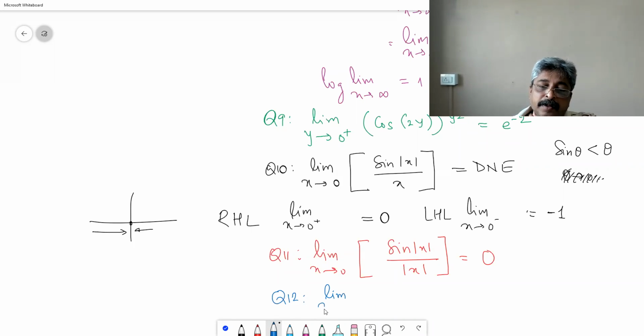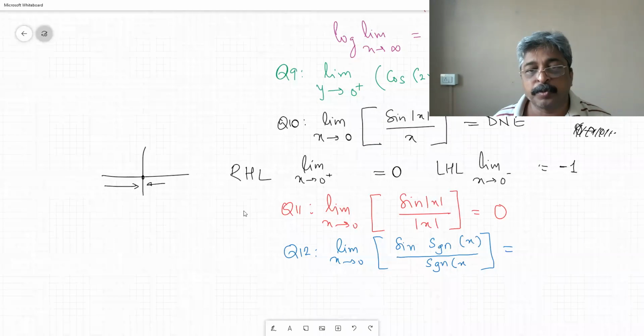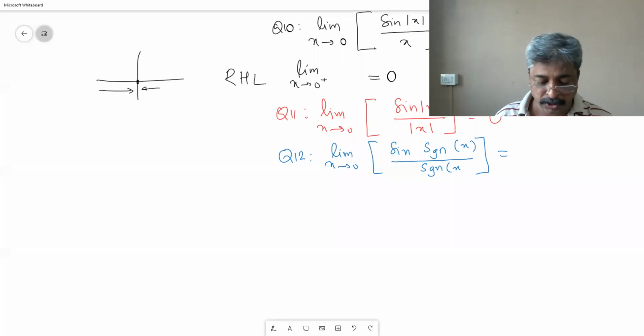Limit x tends to 0, greatest integer function of sin(signum of x) divided by signum of x, greatest integer complete, is equal to. So what is the explanation? What is the answer? The explanation is, the signum function is,